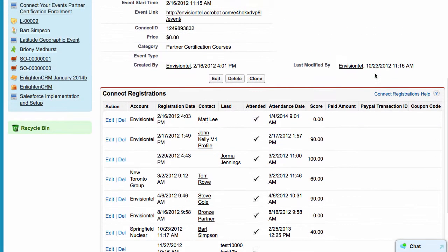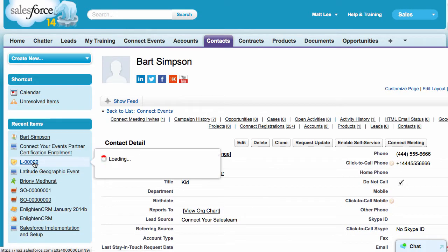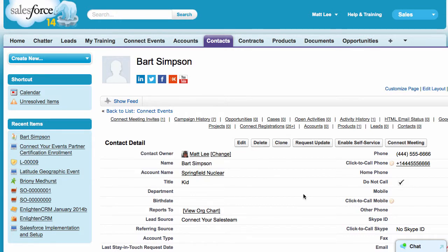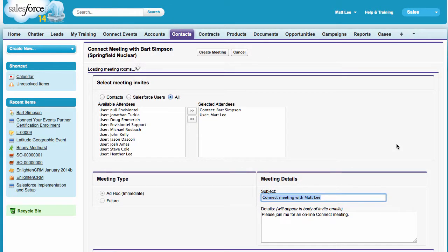Let's say I wanted to host a meeting with one of my contacts. In the old world, I'd have to go and schedule a meeting in Adobe Connect and then go to Outlook to compose an email and send that out, and then come into Salesforce to document the fact that the meeting took place. Right inside of Salesforce, I can click a Connect Meeting tab, which opens up a scheduling screen that